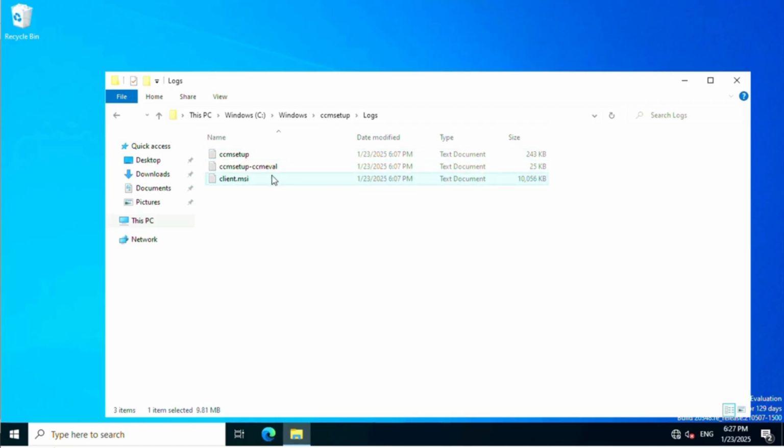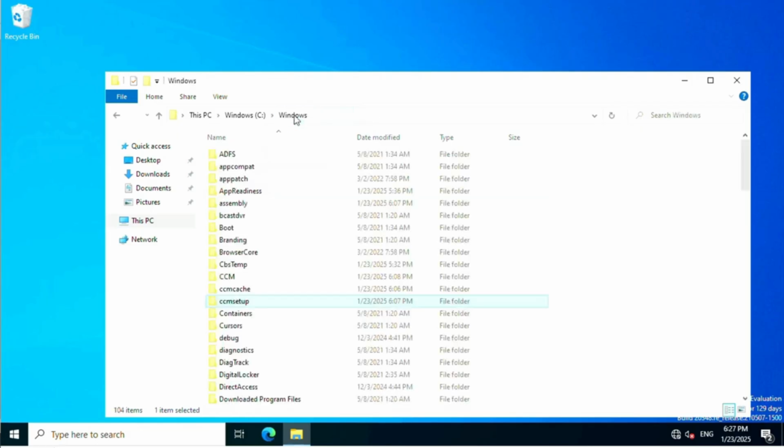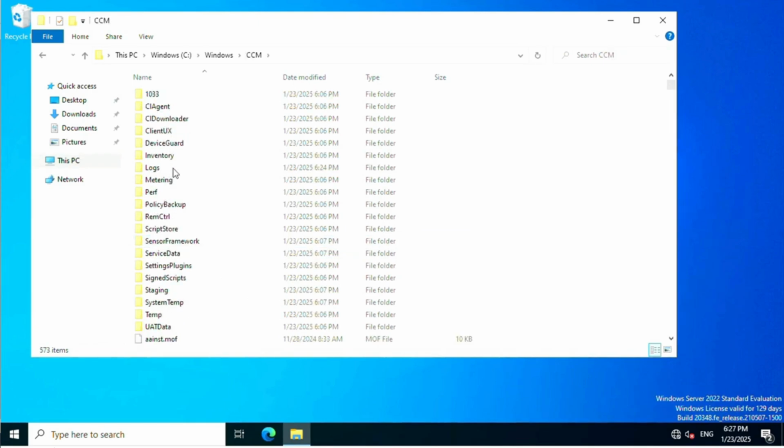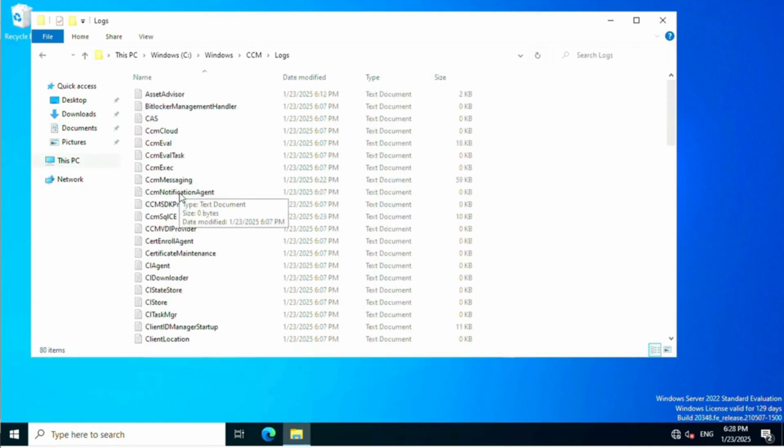Both the logs will give us the information regarding how our installation went. If there is any issue, these are the logs that we need to go through. Other logs: once the client installation is done, we can see the Software Center, and all the action cycles are in our Control Panel. Then we can simply go to the default log folder for our machine, which is under C:\Windows\CCM\Logs. Here we need to check the ClientIDManagerStartup.log, which will send the unique GUID